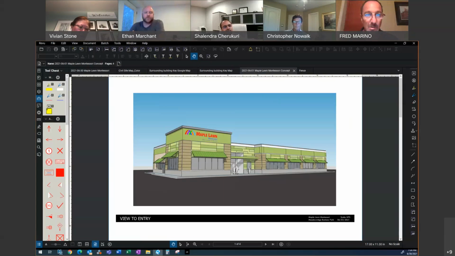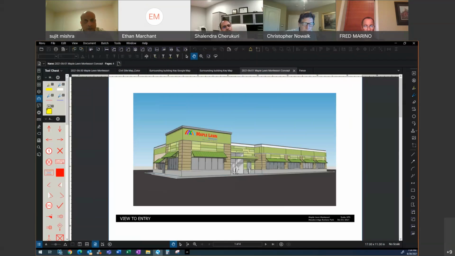Okay. Sujit, let's go over to you. Yeah, I think I agree with my colleague's comments. Overall, the design composition looks good. Are those fiber cement panels? What kind of material are you using? Is that all stucco or EIFS? We're a little cost sensitive, especially in this current market where construction has gone out the window.